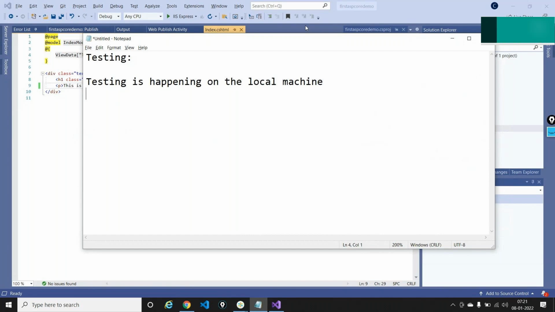But the test that happens on the local machine is not a quality gate.